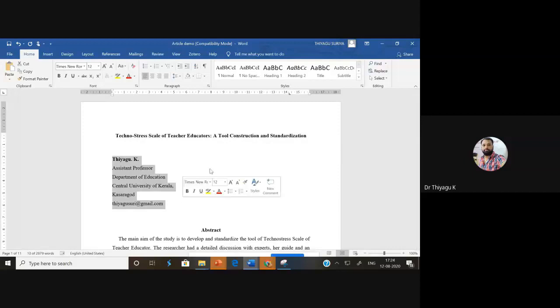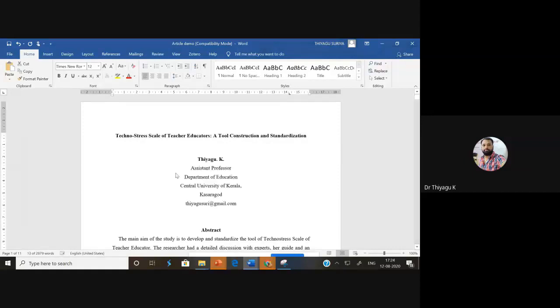Do you know how I changed it? Do you know the shortcut? Can anyone tell the shortcut to convert capital letters to small letters? No? That is called Control plus F3. We can use it for changing the case. For example, see here, Techno is a small letter, only T is caps. Suppose you go with Shift Control F3, it may go with. Sorry, once again I am going to use the tool.